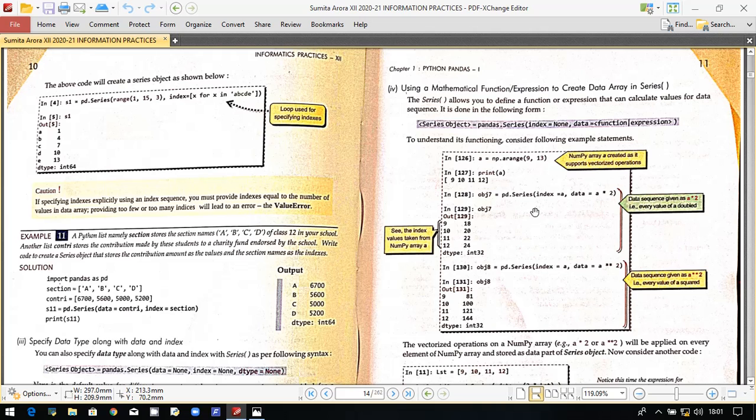And the indexes have to be specified accordingly. Even if you miss the indexes, it will take the indexes on its own. And it should be clear that whenever you are giving the index values on your own, you have to be very careful with the value array, that is, a shape mismatch must not be there.